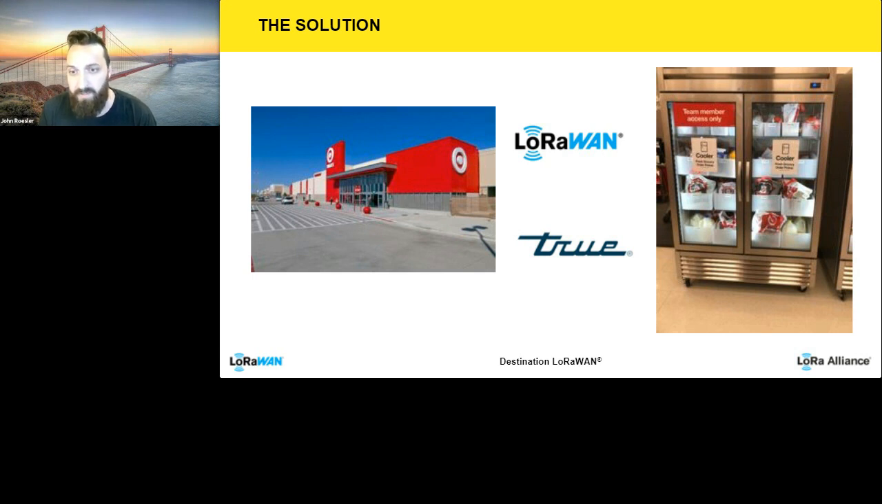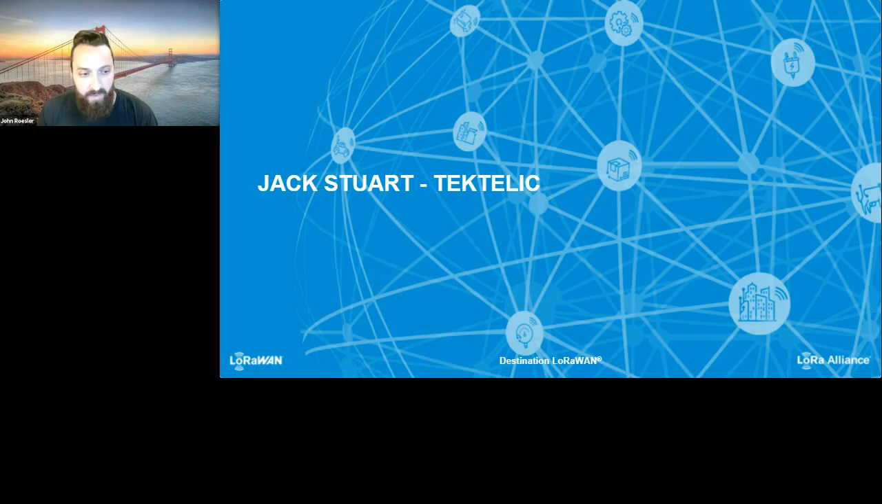And you can see in the picture here what one of these coolers looks like, full of the guests' produce. And this was our first big LoRaWAN use case. This is what drove the budget to roll out LoRaWAN to all of our stores. We now have a private LoRaWAN network and are excited to see what the future of LoRaWAN holds at Target. Now I'm going to turn over the presentation to Jack Stewart with Tektelic to share more about LoRaWAN